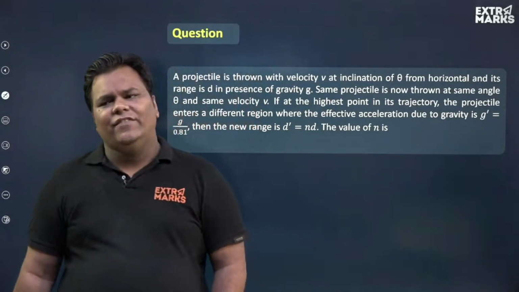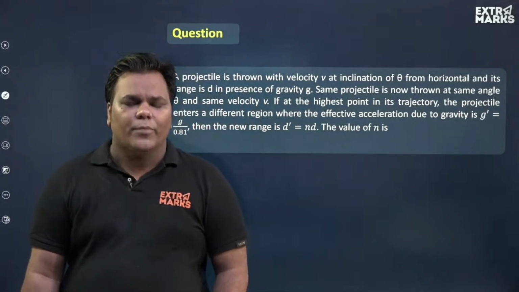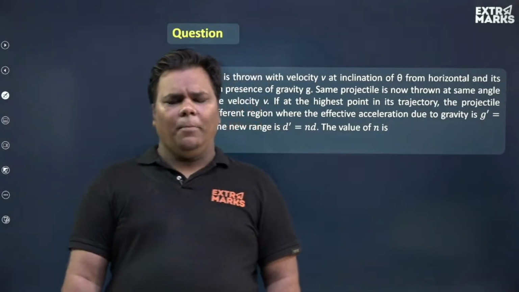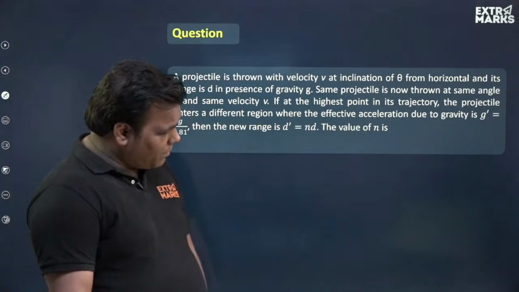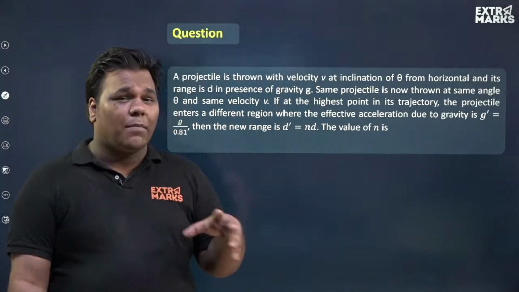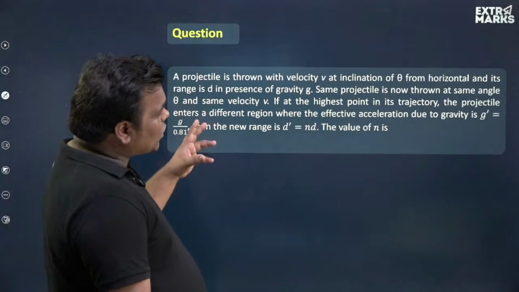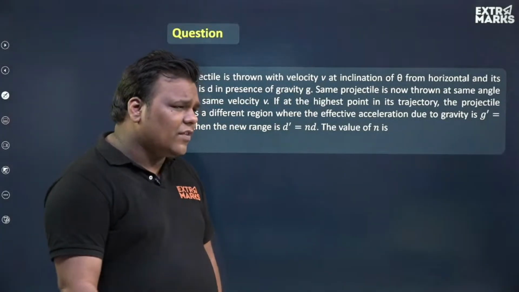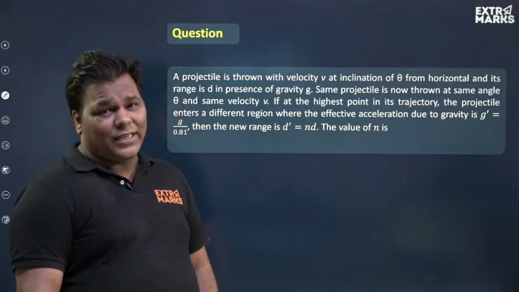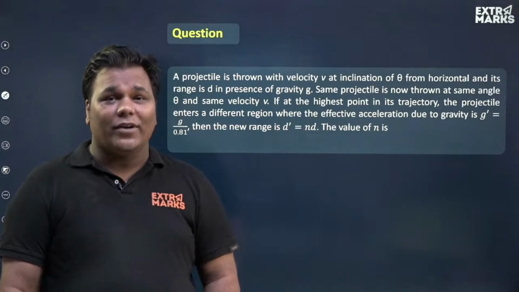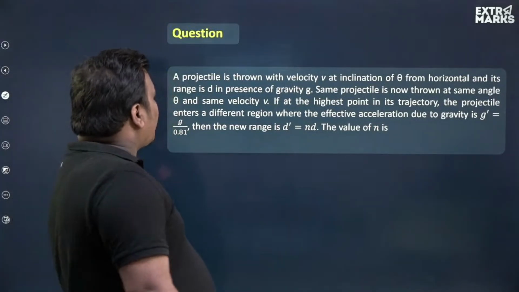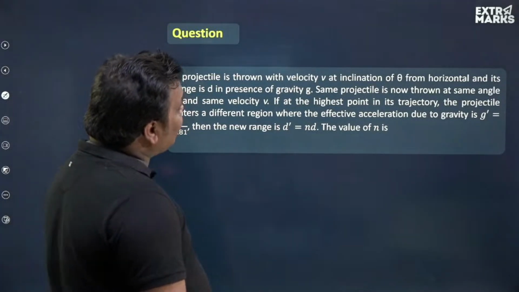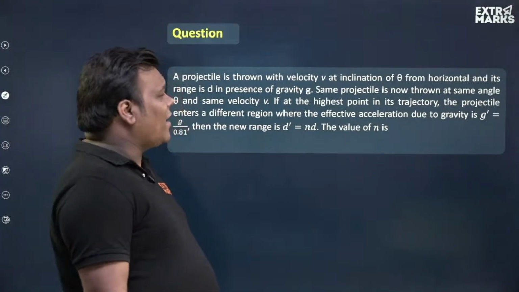in JEE Advanced, we don't see that many questions from projectile motion or even kinematics. But this year, in a single paper, we saw 2 questions from projectile. And there was 1 or 2 more questions from kinematics. So yes, every chapter is important. You should know that. Anyway, a projectile is thrown with a velocity v at an inclination of theta from the